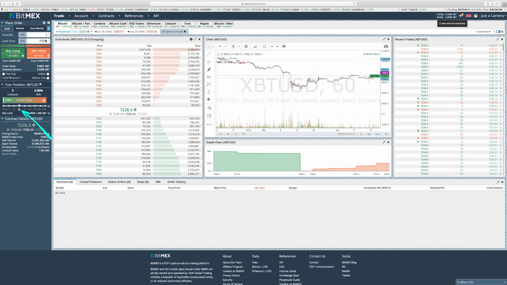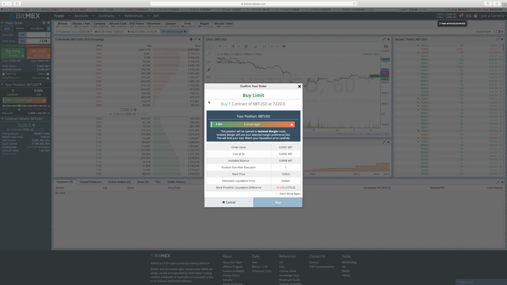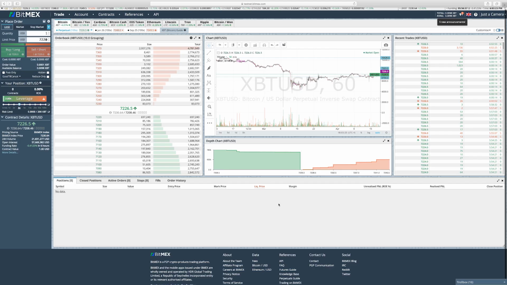So we want to buy long 72.20, one contract on a limit order, press buy long, and I get a nice little summary here, confirm your order. By limit, I have one contract which matches up with this at my price here. Order value, as we can see, it matches up here. Available balance, position after execution, our liquidation price, and we want to press buy, and boom, a nice little confirmation